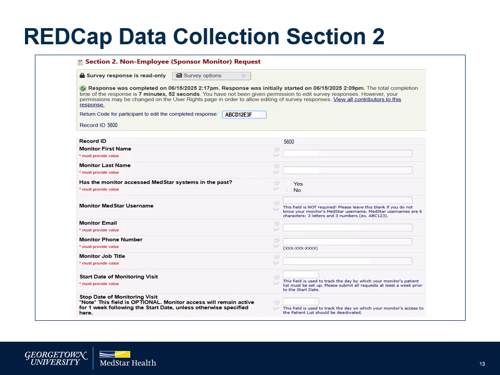Section 2, Non-Employee Sponsor Monitor Request. Research personnel completes this section to request new vendor or sponsor or identify if a vendor or sponsor is recurring. The required fields include the monitor first name, the monitor last name, if the monitor has previously had access to the electronic health record, the monitor username is not required, the monitor's email address, the monitor's telephone number,